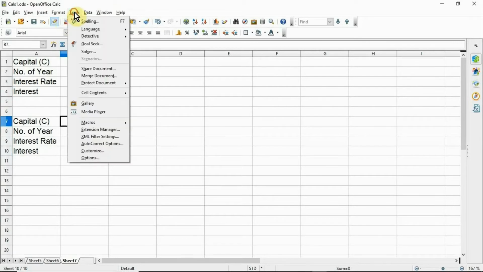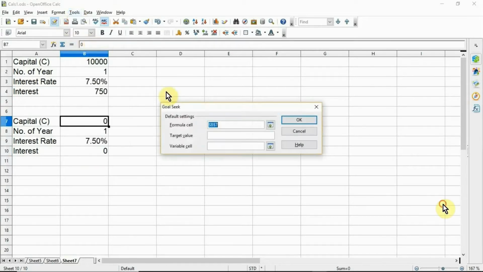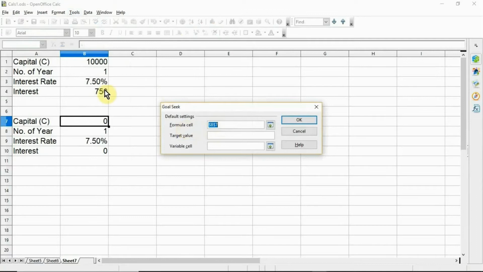Click the tools menu and then goal seek, and here are 3 default settings. First one, formula cell, then select the formula cell B4. Second one, type the target value here.